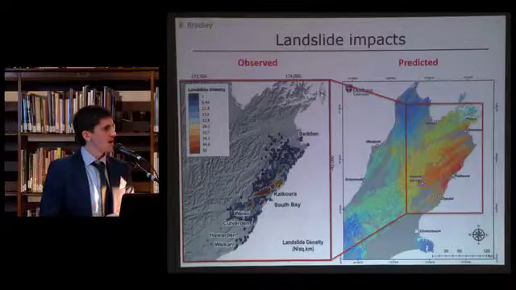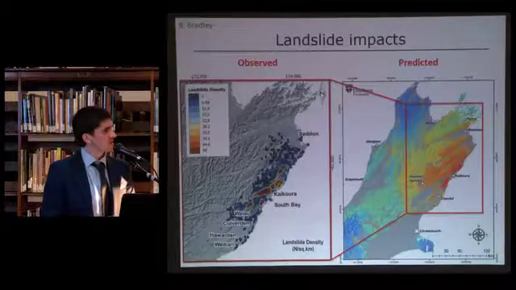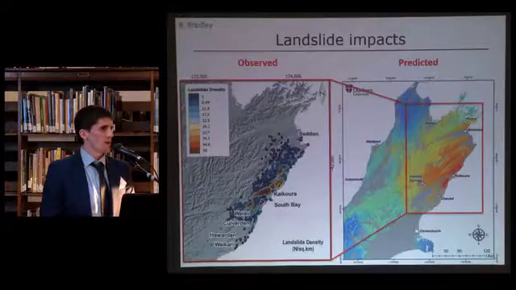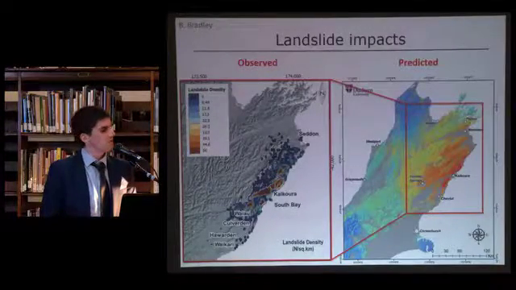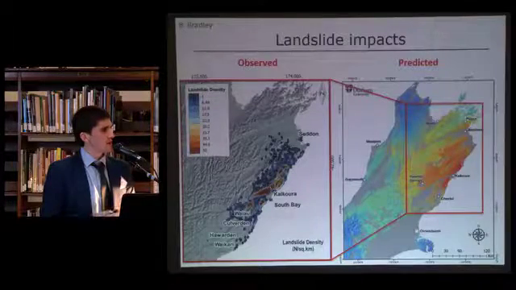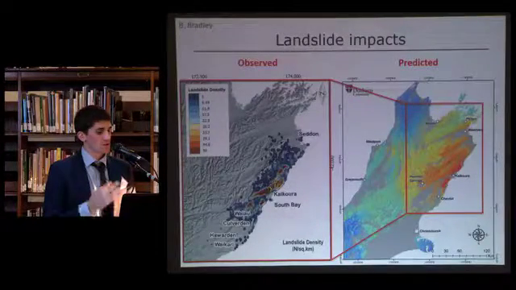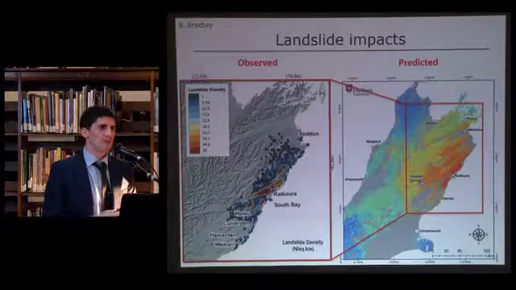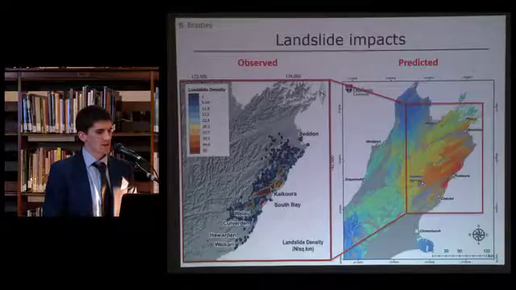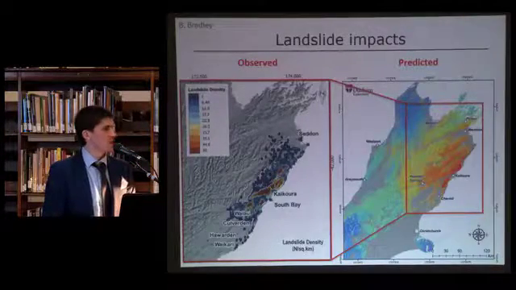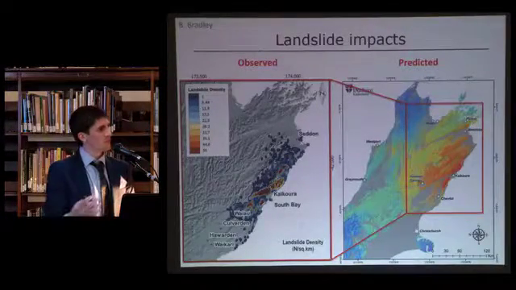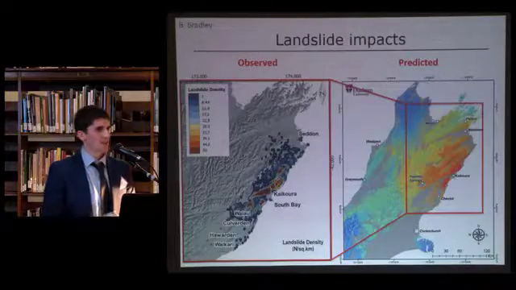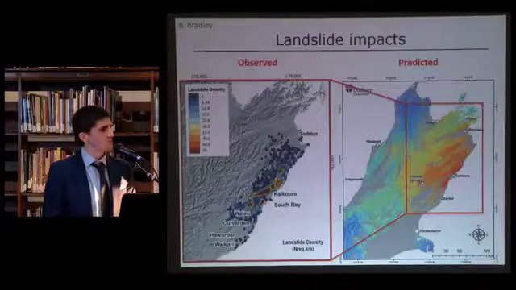As Alan will talk about in some more detail, landslides were particularly predominant in the Kaikoura earthquake, and they really did occur in regions where we identified them to be the most vulnerable. On the left-hand side there, it's illustrating the actual observed locations of landslides, and you can see the red colours indicating the regions with really high density or high severity of landslides, as compared to the image on the right-hand side, which shows, by inputting the ground motion intensity from the model on the previous slide, how many landslides we expect based on our predetermined susceptibility.